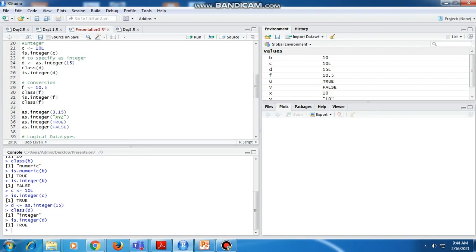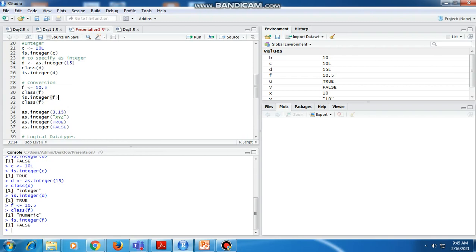Now we'll see the conversion of numeric data and integer data. We consider a decimal value, 10.5, assigned to f. The class of f is numeric, and is.integer(f) gives FALSE, because it is a decimal value, so its data type is numeric and it is not an integer.